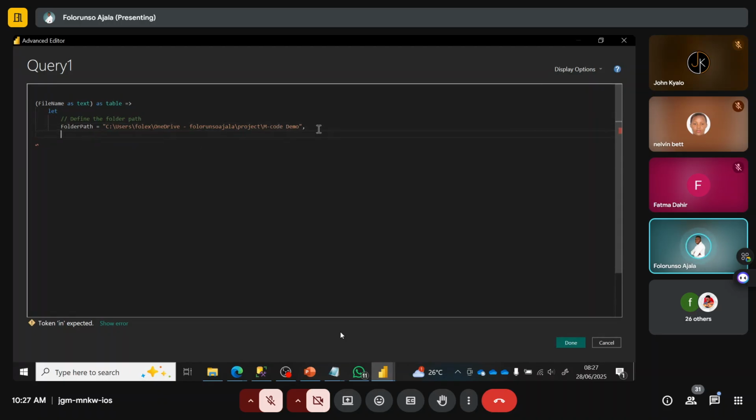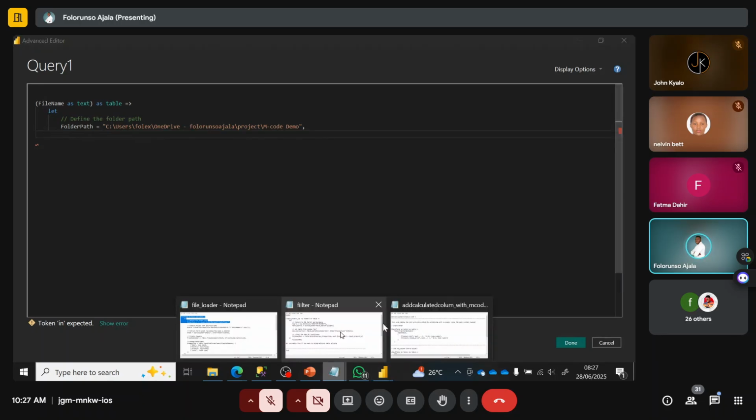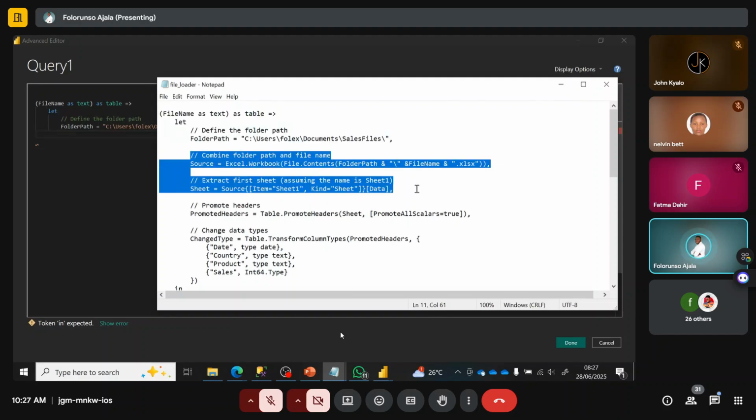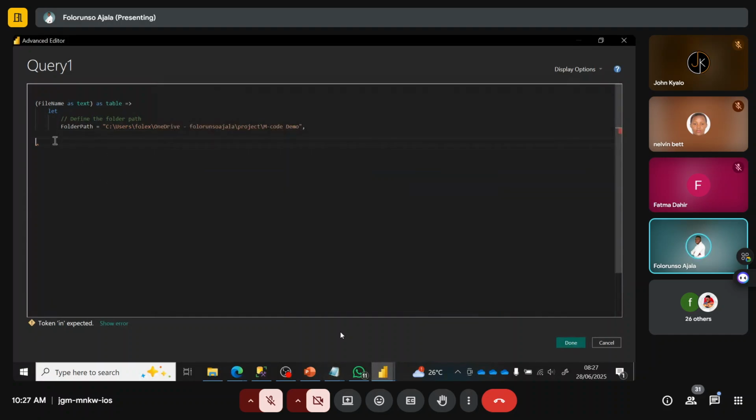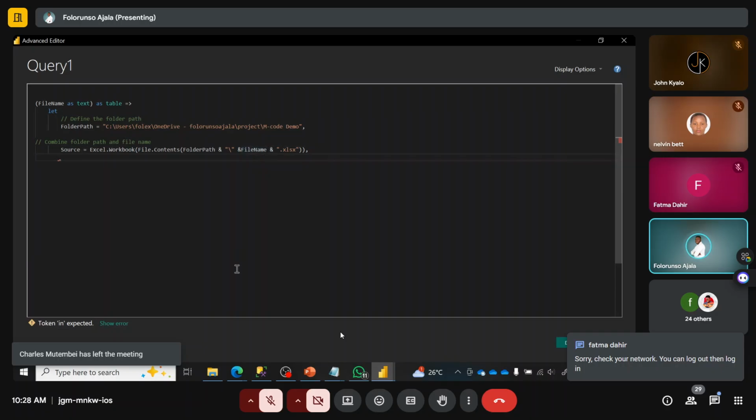Now, the next thing I'm going to do is to combine the folder path with the file name. We want to combine what? The folder path with the file name. So let me just copy this. This is the folder path where our file is. Then the file name, we don't have the file name. If you look at,